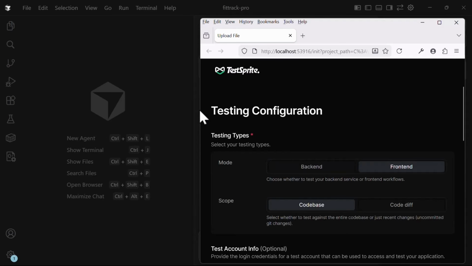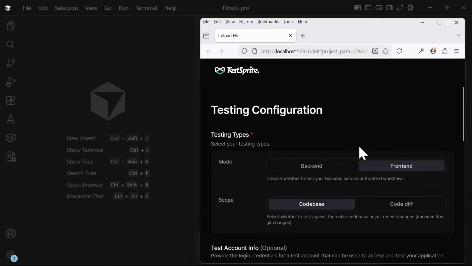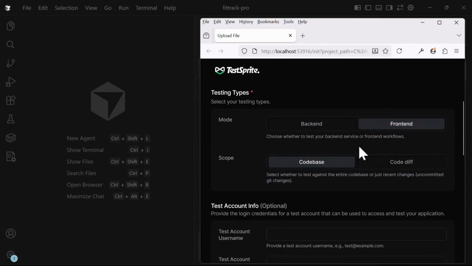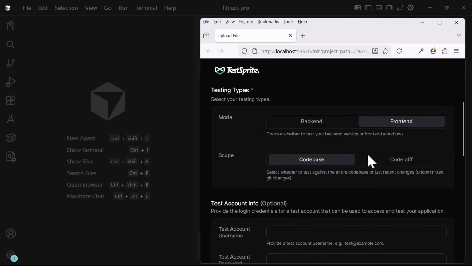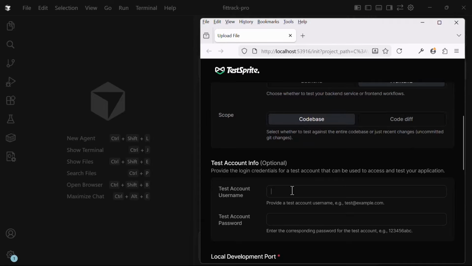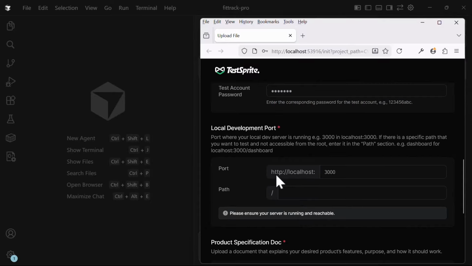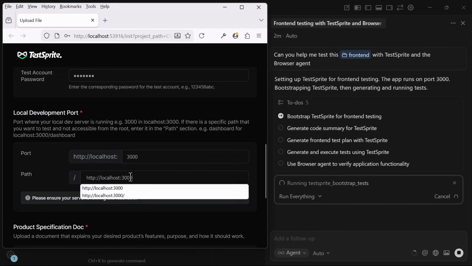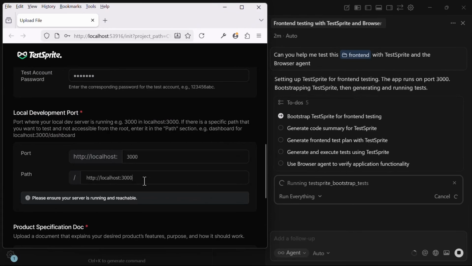Then it opens up this browser window to load the TestSprite MCP configuration setup. On this configuration setup, you're supposed to select the front end, then select the second option as the code base. You fill in the details that include the account details. I fill in my email and my password. For the local development port, we leave it at 3000. Then fill in the path to be localhost port 3000, since we are currently running our testing server on port